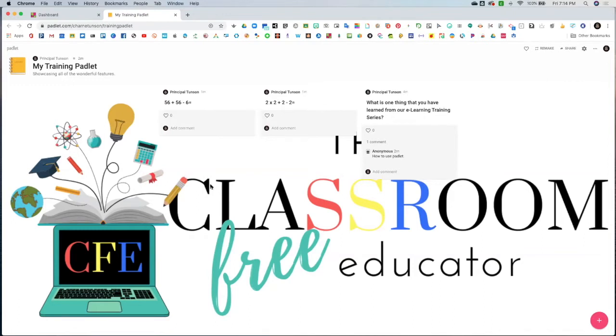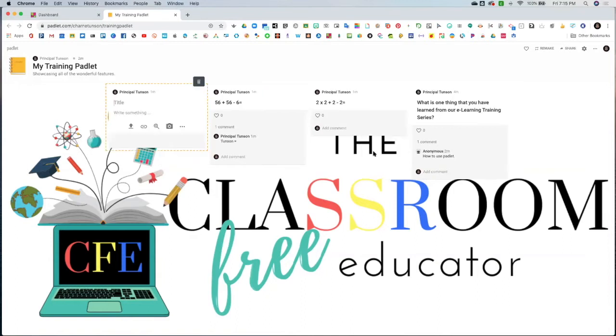What you can do is you can set a timer, and then you give the students the Padlet link, and then they have to go in and they have to solve one. Just like you would do a do now, you have the kids go to the board and solve a problem. This would be the same thing. They would put their name and then their answer. Or what they could do is underneath here, let me show you. They could take the problem. So they could put the answer,